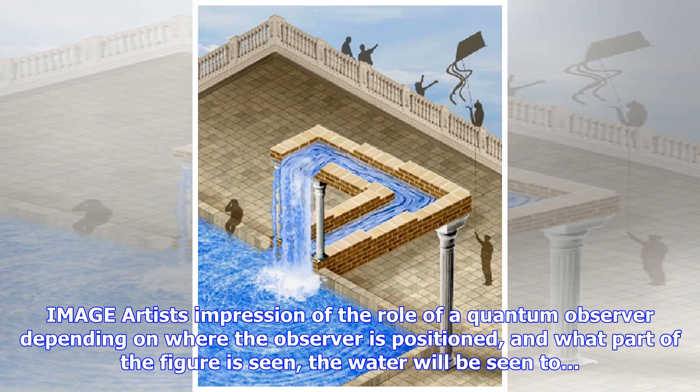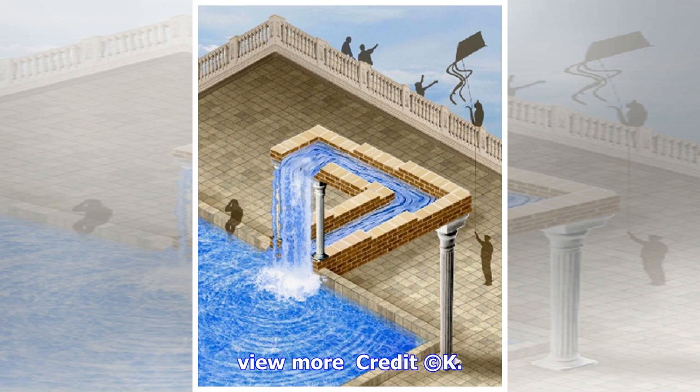Image: artist's impression of the role of a quantum observer depending on where the observer is positioned, and what part of the figure is seen. The water will be seen to flow more. Credit: copyright K. Arambaru. This is the main result obtained by the group led by Professor Angel Rubio of the UPV/EHU and of